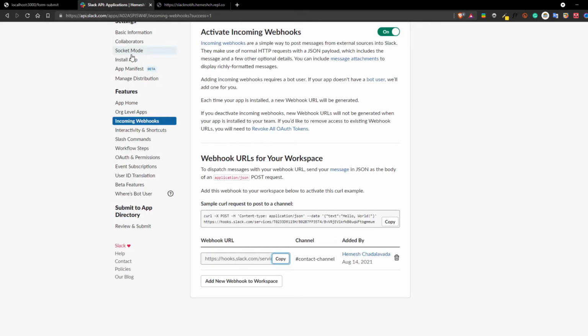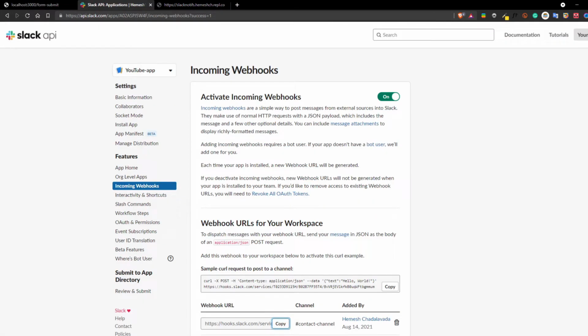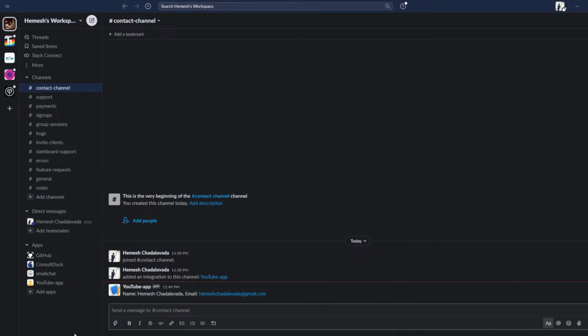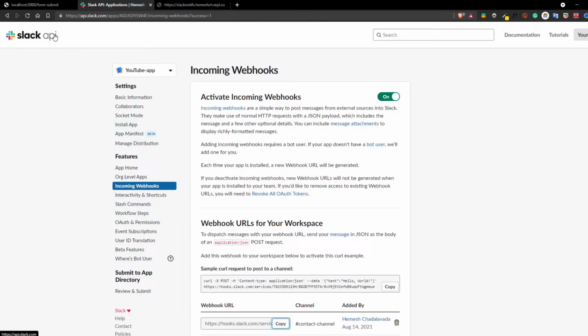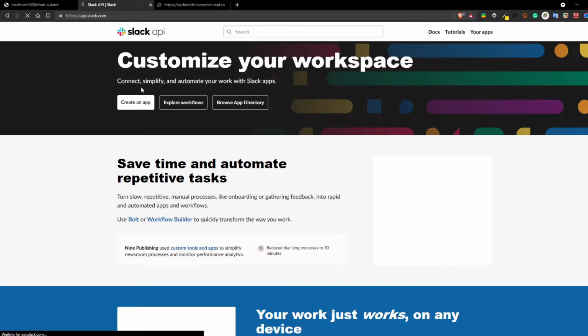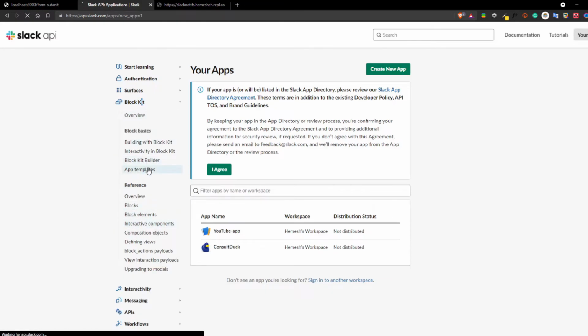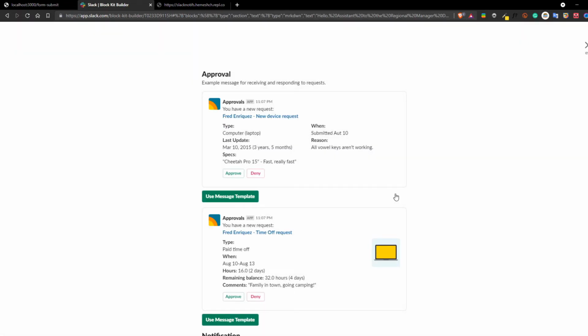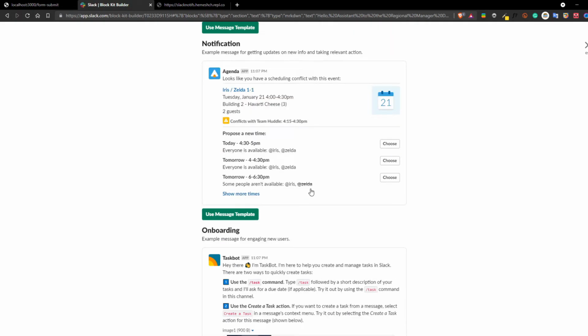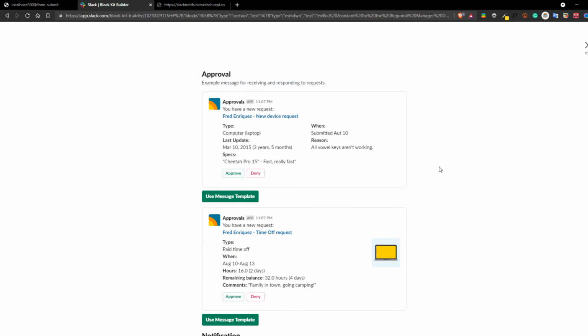But if you're interested, you can customize the message that's being sent. This is basically normal text, but you can even use markdown. So what you need to do is go to the Slack API. I'll go here, then go to Block Kit, and then App Templates. Here you can see a lot of templates which you can copy and use for your own web app. It's basically a mutated version of markdown, a kind of weird version of